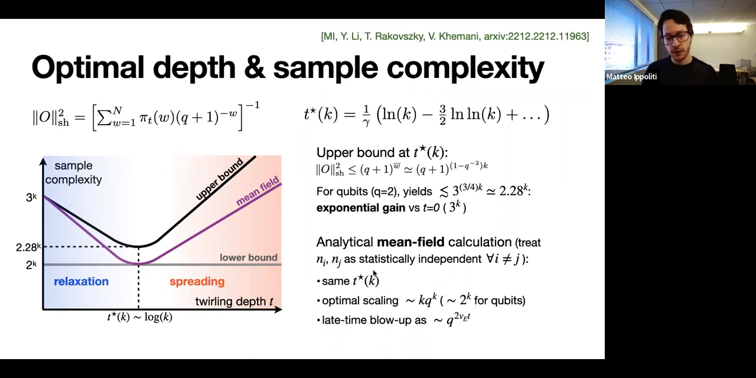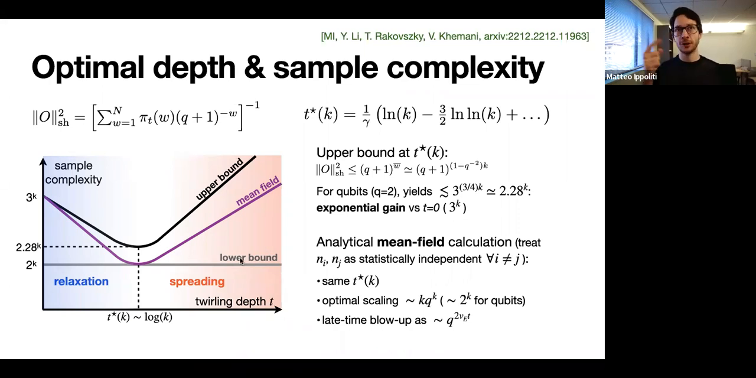And surprisingly, it happens to have the same scaling of optimal depth, even though it's very different numerically. The value is different, but the optimal depth is the same. The optimal scaling of sample complexity happens to be about 2 to the k for qubits, so 2 to the k in general, which is near optimal for